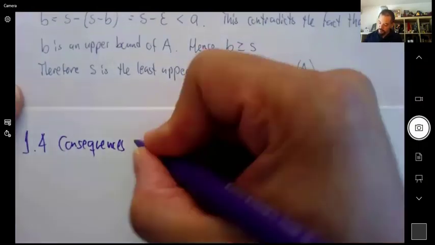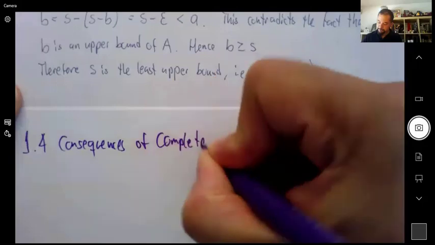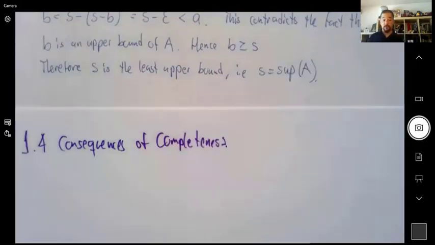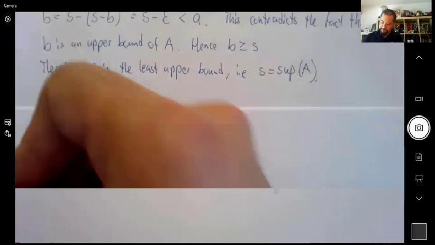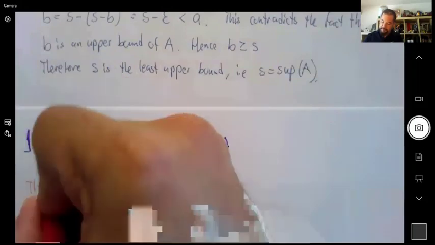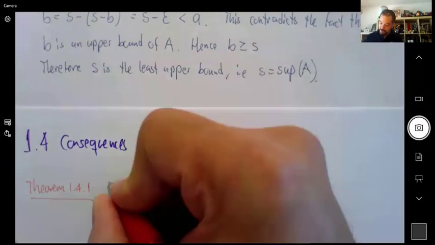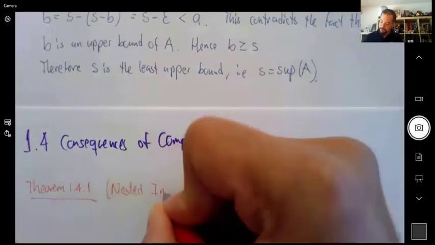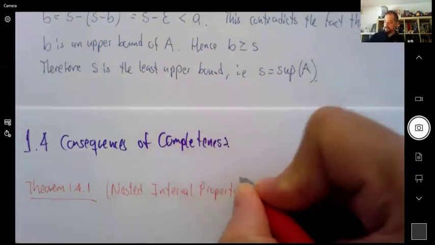Consequences of completeness. And the first one, it's something that we're going to use actually for some important things, and it's called the nested interval property. And this is what it says. It says,